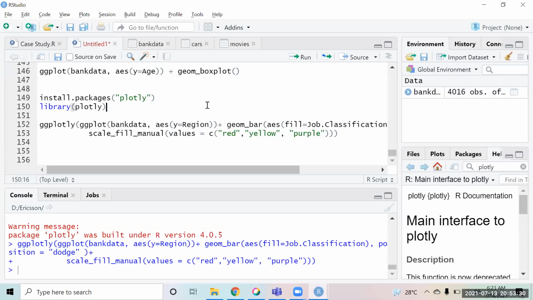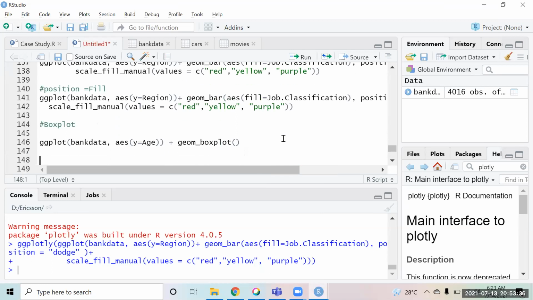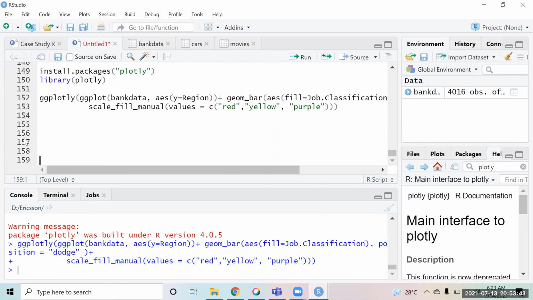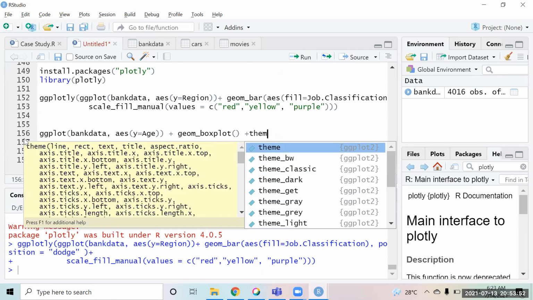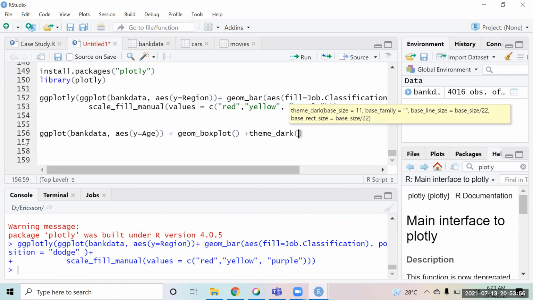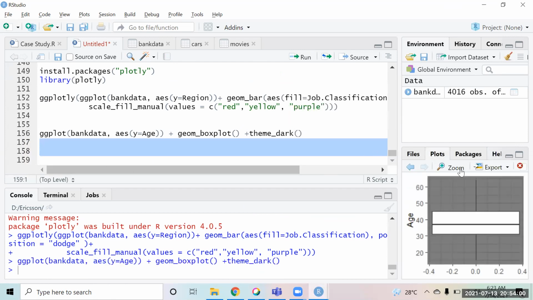So now, coming back to this ggplotly again. In this ggplotly, the chart that we had created, for example, let me pick up the box plot chart. Now, on these charts, you can apply some themes if you want. Suppose you put this chart and you say plus theme, if you say theme underscore, the moment you write the word theme, you will start getting a lot of themes over here. Suppose you want to apply some dark theme. So what will now happen is the chart that you get will have a dark theme.